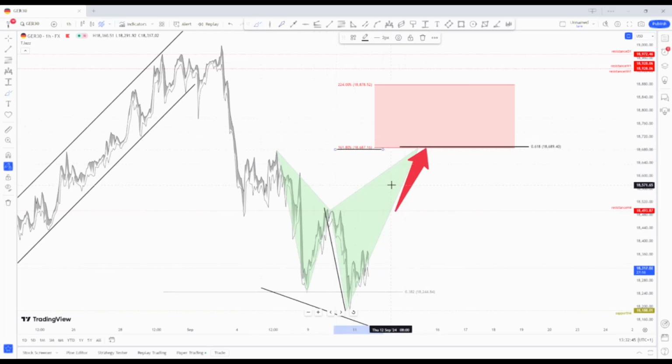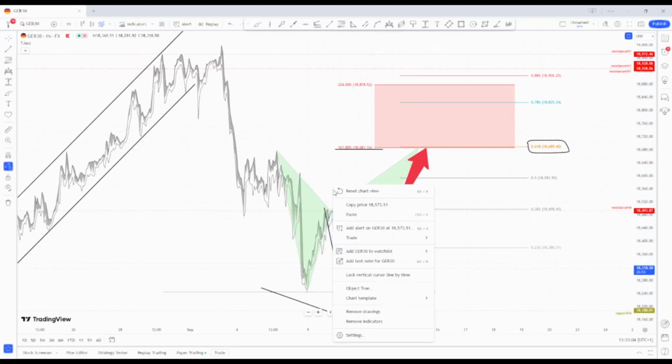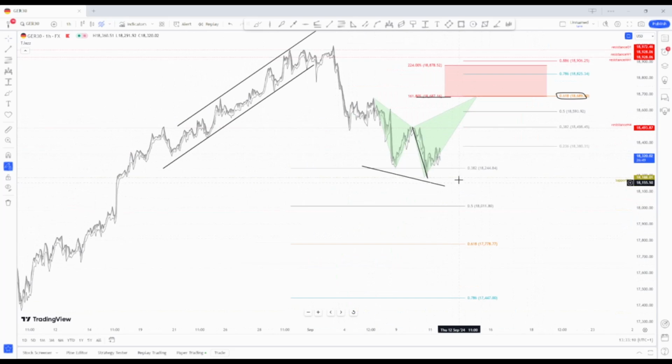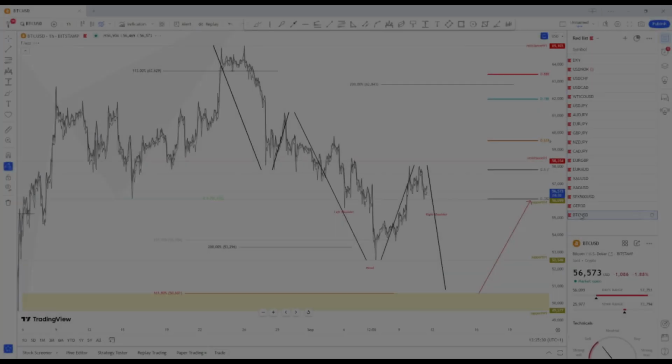So this is a level where the price will complete the shark pattern, and as we can see, we have also the 61.8% Fibonacci retracement. This is a retracement from all this move to the downside, so this is basically the 61.8% Fibonacci level converging with the golden Fibonacci extension of the last swing low. So that's a nice cluster box to consider if the German DAX finds a way to break above these resistances. Let's finish for today with